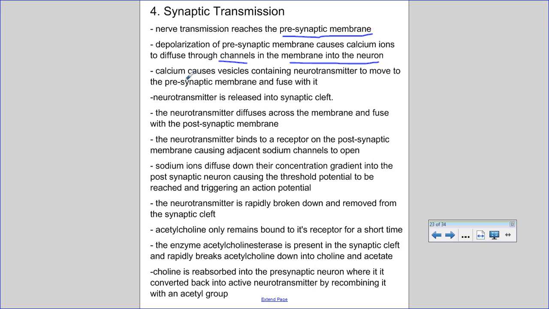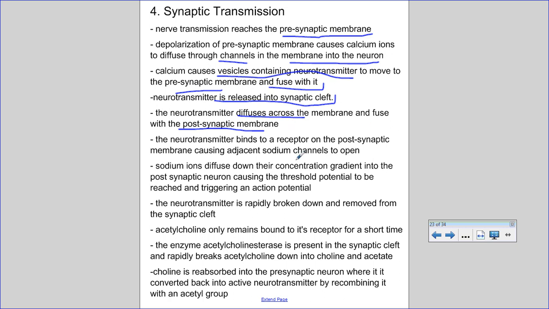The calcium that comes into the cell causes vesicles containing the neurotransmitter to move to the presynaptic membrane and fuse with it. The neurotransmitter is released into the synaptic cleft through this process of exocytosis, and then the neurotransmitter diffuses across the membrane. It's at a high concentration where it gets released, and then it will rapidly diffuse to an area of low concentration. That area of low concentration is the postsynaptic membrane, where that neurotransmitter will fuse with receptors